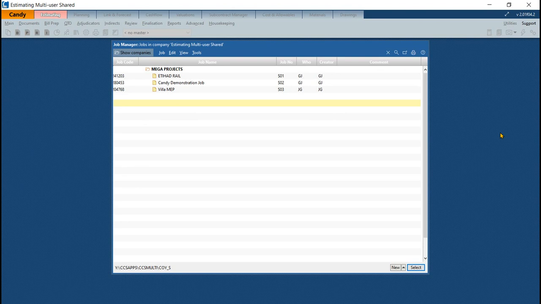Why? Because we are pointing to the same CCS multi-folder on the network for the multi-user company, right? Since we're pointing to the same folder, any jobs created by any of the users who are enrolled to the multi-user company would be visible, all right? And then you would say, all right, but can